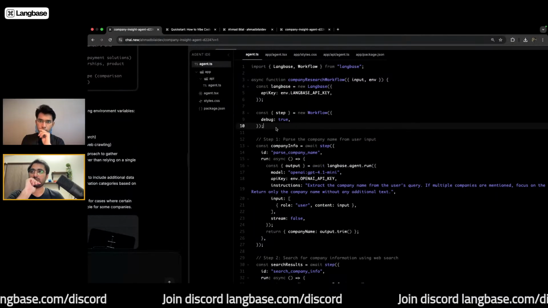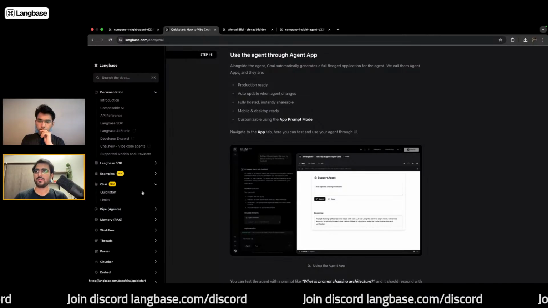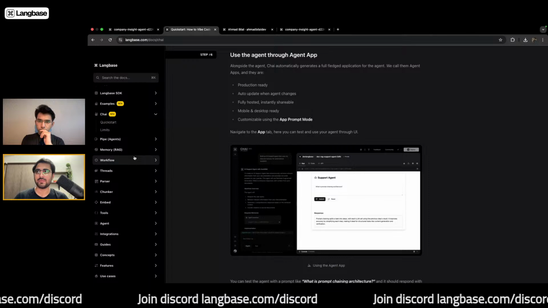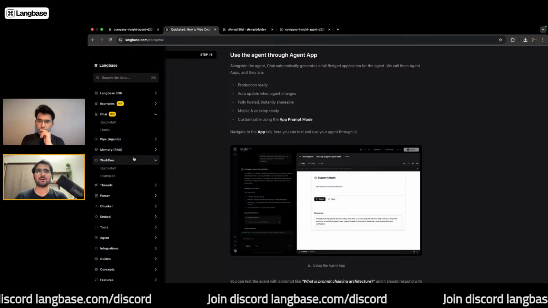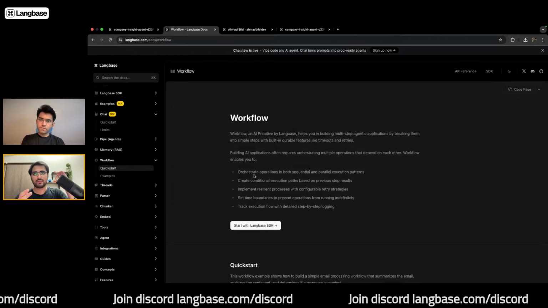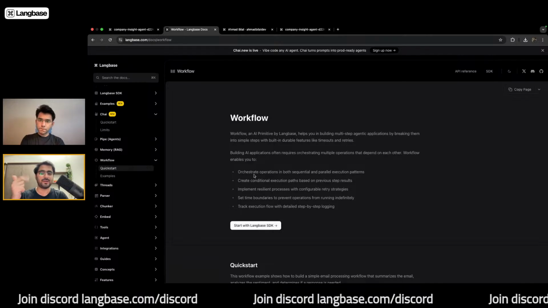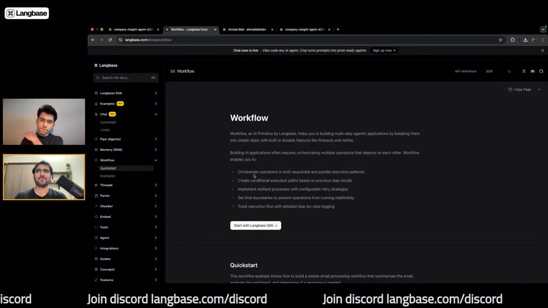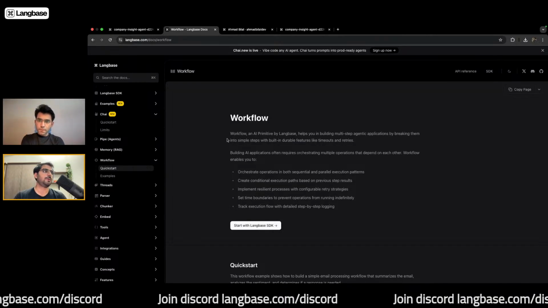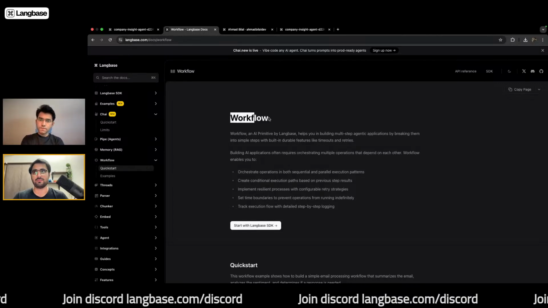I want to touch base on language workflows real quick. It is one of the AI primitives by language. It essentially provides you with steps and handoffs, where you can set timeouts and things like retries, so you can build multi-agent workflows using this primitive.